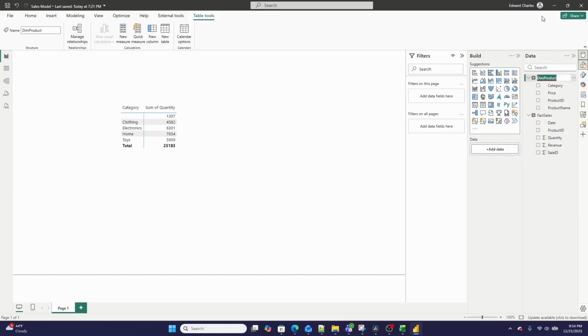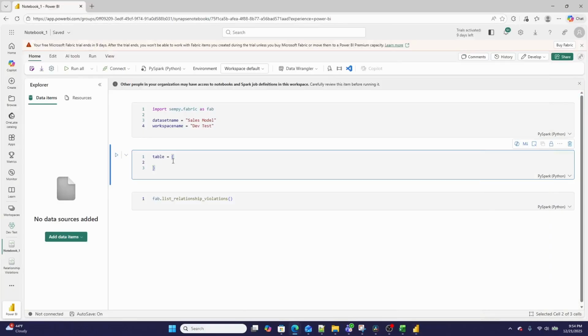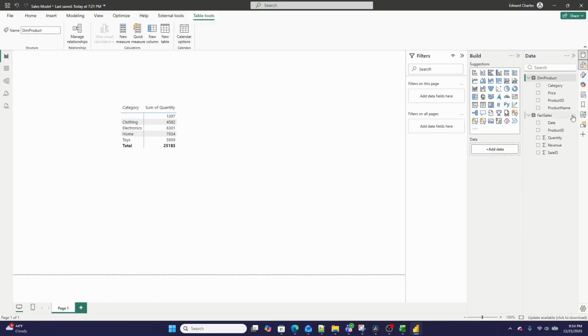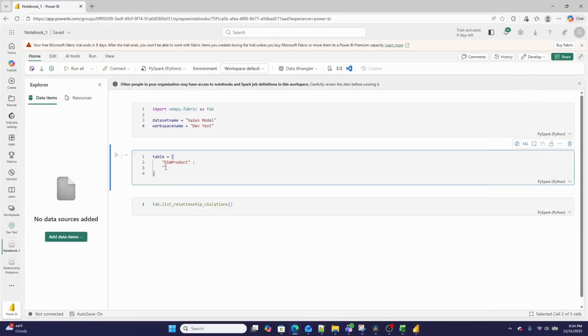So I am notorious for spelling things wrong. So I'm going to copy and paste these over. And I am going to go in single quotes right here, and then I'm going to go new line. And under this, I'm going to copy over the fact sales table. So let me go down here, rename, and again, copy and paste this over. And then on the other side of this, I'm going to go